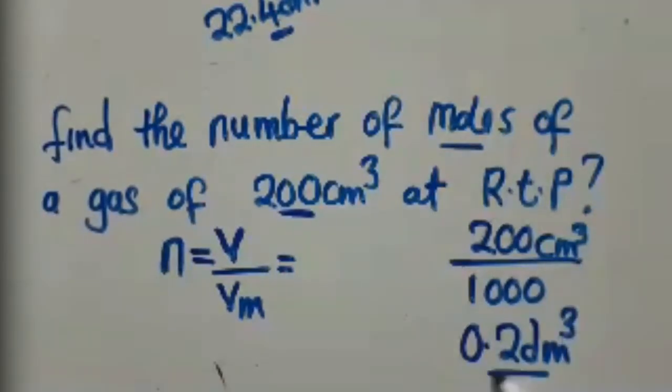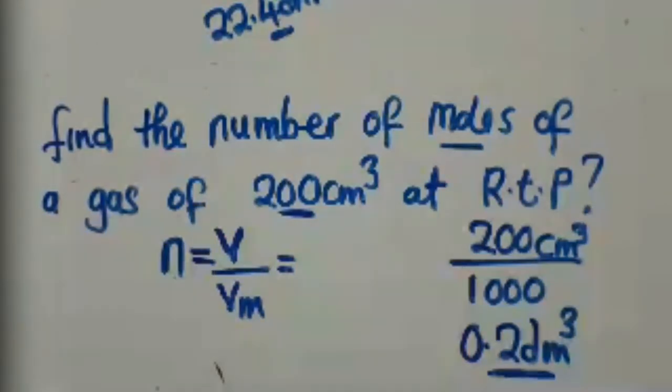So this is the volume now. We've converted. Have you seen? We've done what? We've converted. This is how you need to do it. So this is what you are supposed to do. So after you do this,